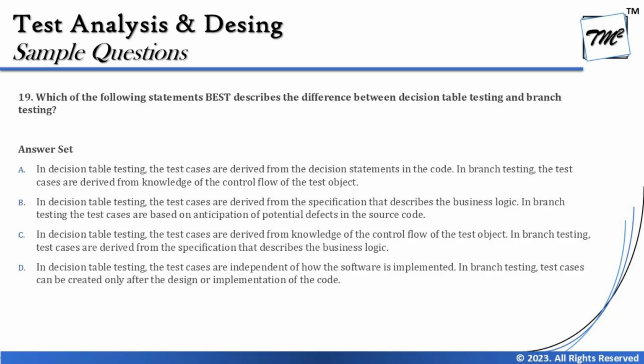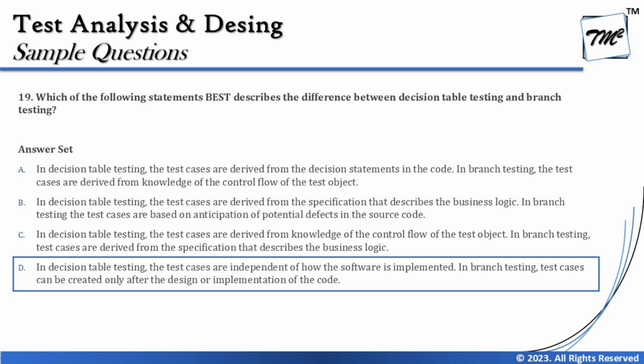So concluding this with all the justification we just discussed, the right answer for this particular question is D, that is, in decision table testing, the test cases are independent of how the software is implemented. And in branch testing, the test cases can be created only after the design or implementation of the code,